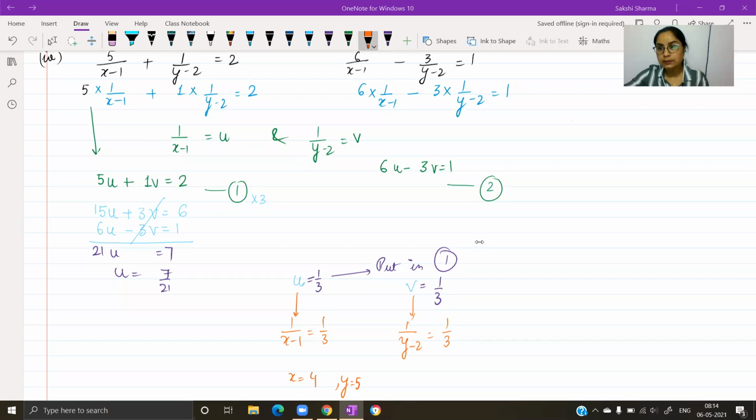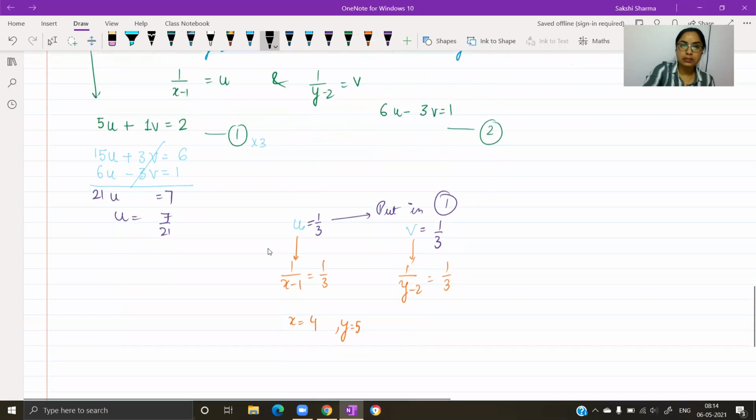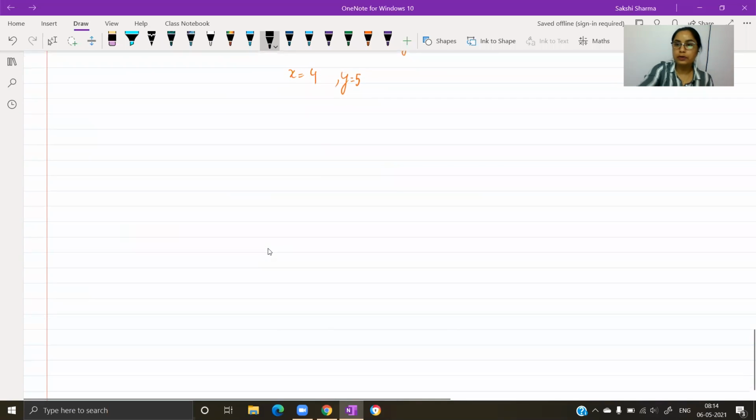I hope you've done. And I did ask you to try the rest of the parts. So I will be just going over the equations given to you. The ones you obtain after you replace the variable part, you convert them into equations in the linear form. And then what will be the answer for the new variables and what will be the answer for the actual variables.